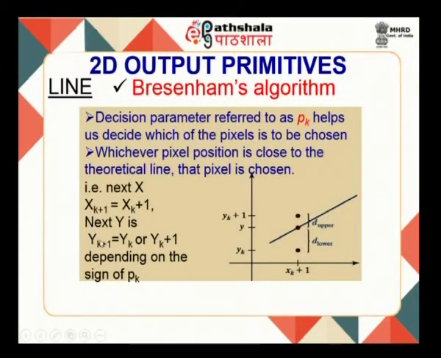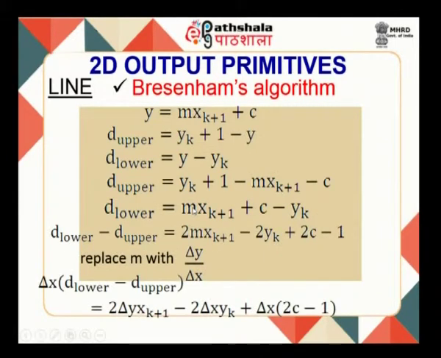While the next y is yk plus 1, which is yk or yk plus 1 depending on the decision parameter. So, let us see how we do the derivation, or how do we find equations for the decision parameter, and what is the decision parameter. Let us start the derivation with y is equal to mx plus c, that is the slope point form equation